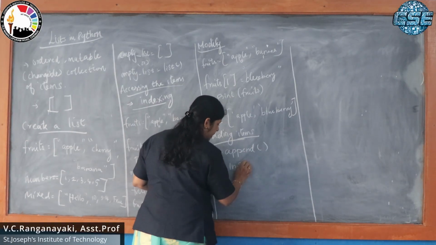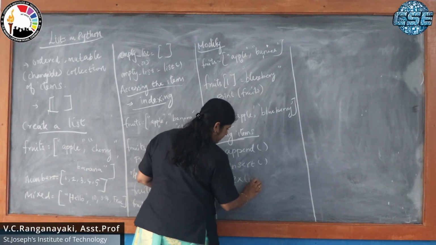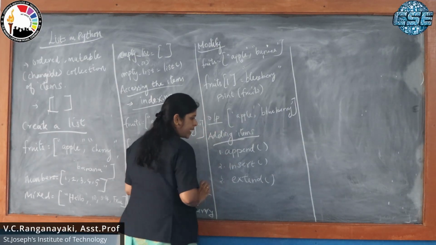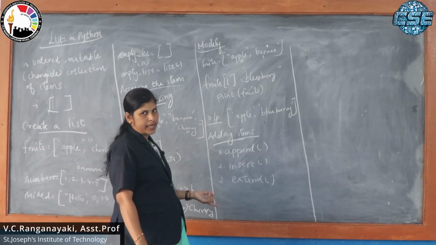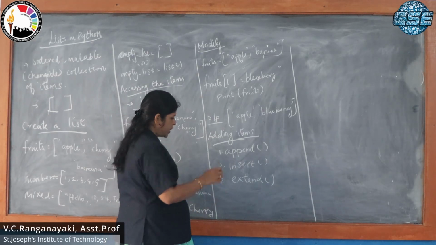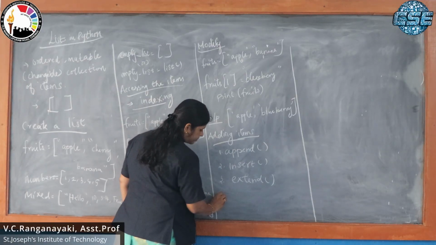Second, insert. Third one, extend. Third is extend. By these 3 functions I can add items in the list. Okay, existing list also. For that I'll take a list as